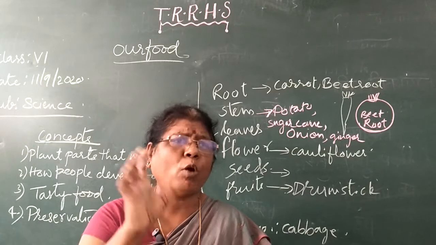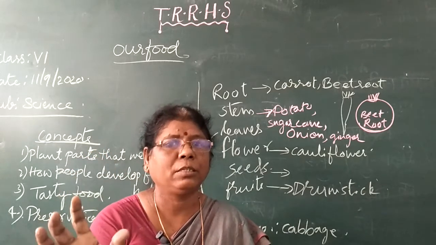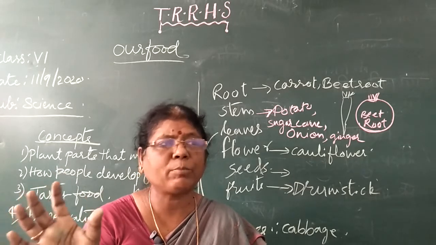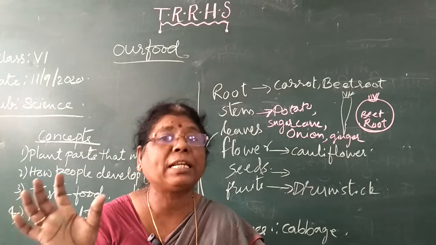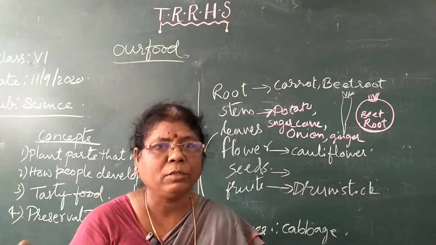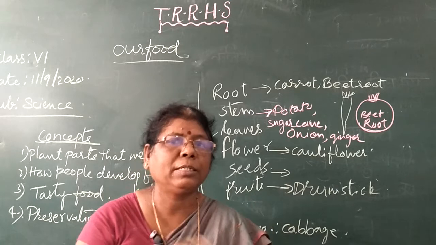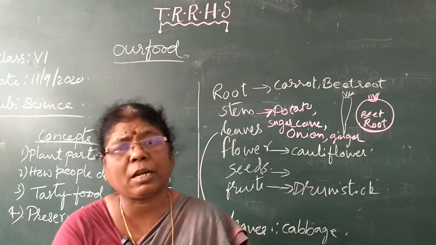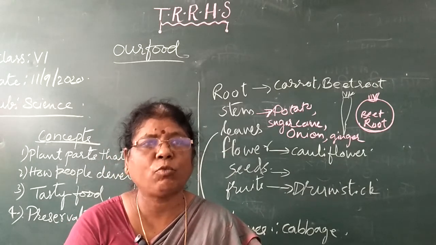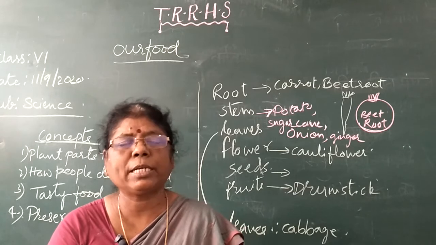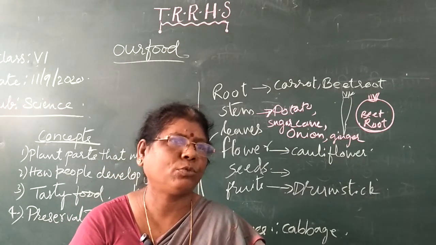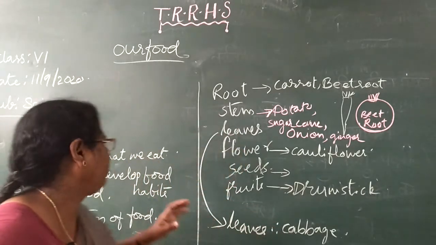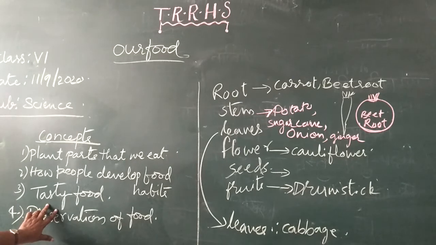So what are condiments? Spices: cloves, cinnamon, elaichi, dalchini. Cinnamon is dalchini only. Bay leaves, biryani leaves, isn't it? Black pepper. These come under condiments. Dry fruits: cashew, pistachios, raisins, almonds, walnuts, all these are examples of dry fruits. You can use even the dry fruits also. So the taste of your food depends upon the type of ingredients.